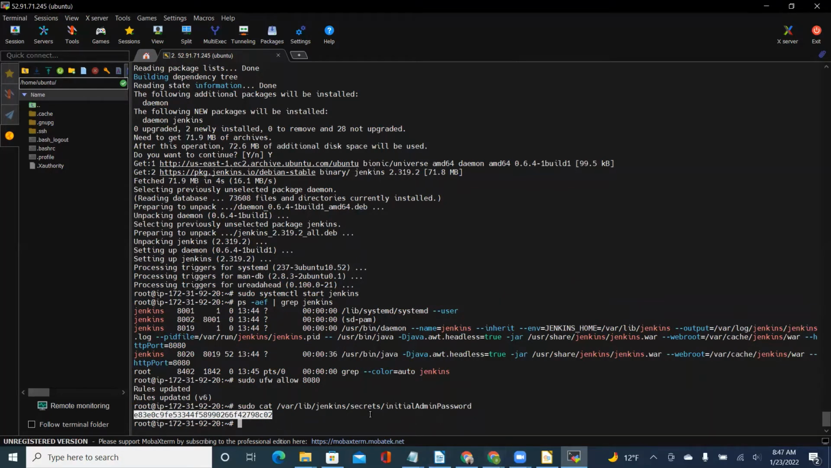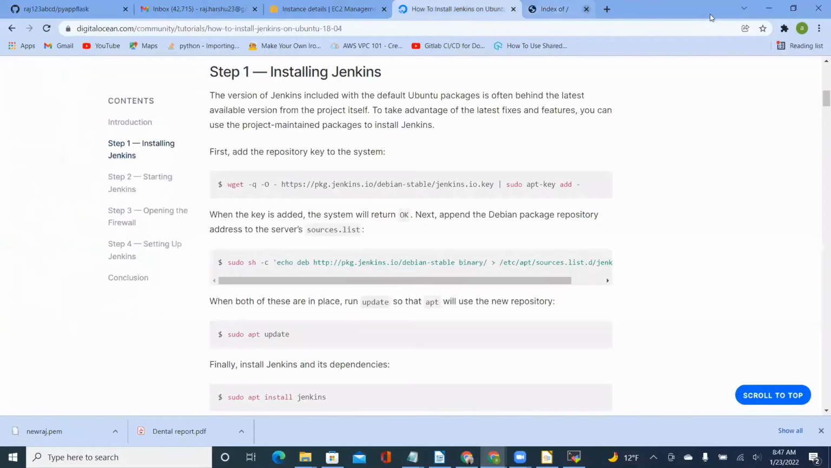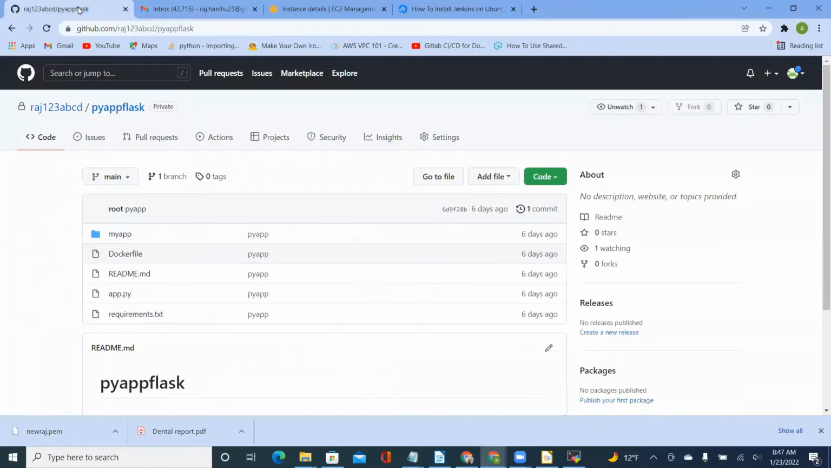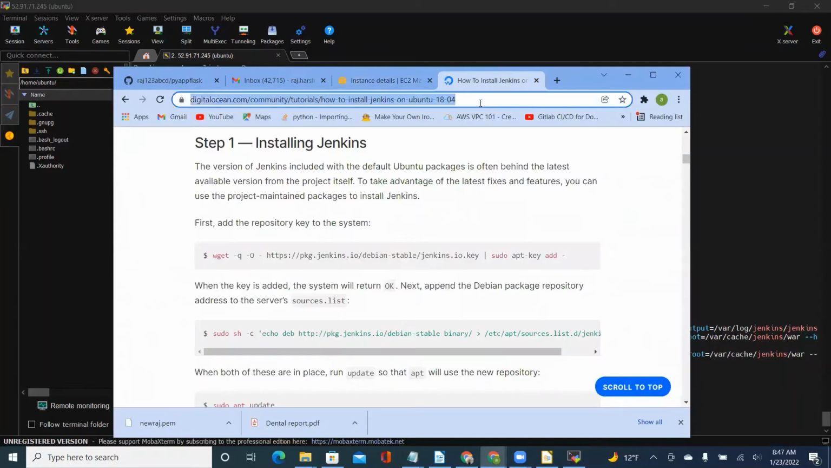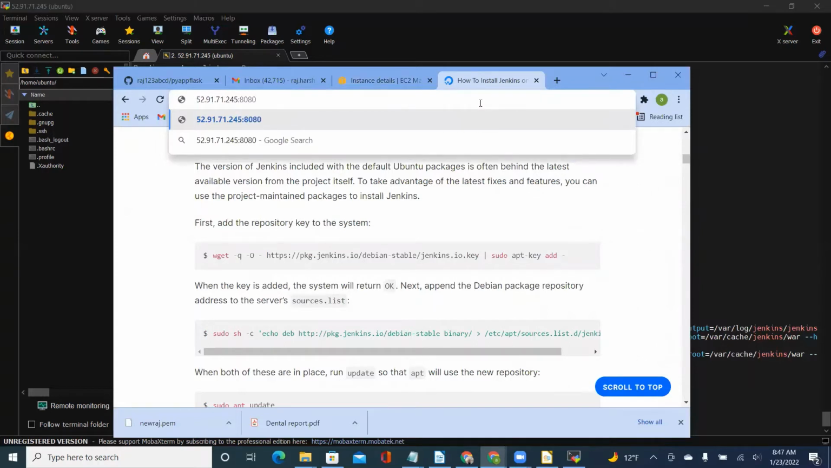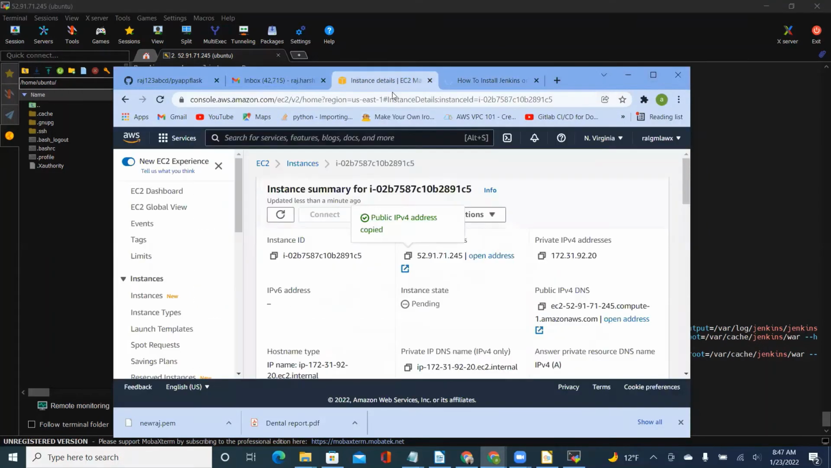Okay, now Jenkins should be available on port 8080. Let's try that. I'll go here. I'll copy this public address and let's check this on port 8080. I think, oh, it won't open the page because I need to open up